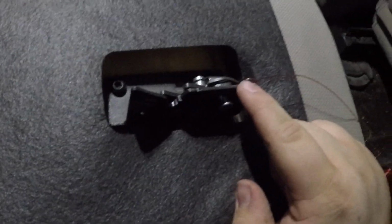Okay, so now that I have this double knotted, I'm going to fold the seat back up, but I'm not going to fold just the back up, because if you fold the back up, it won't line up. So what you have to do is fold this down, grab the seat bottom and fold both of them up like so, and then latch it. Once you're confident, latch it just like that. Then you can fold the seat bottom down, because now that's lined up. You can fold the seat bottom down and take your line, wrap it around a couple fingers, and pull it